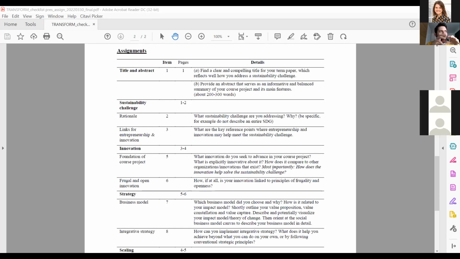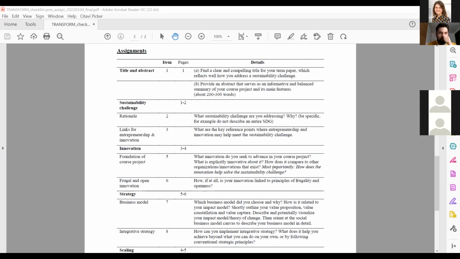So whereas in the presentations you can be as creative as you want to be, the assignments have some common elements to just make sure this is fair for everyone, that we have a common basis to do the grading on, and that everyone knows clearly what they're supposed to be delivering in the assignments that you're submitting as groups. So the first thing is that you should implement an engaging title,